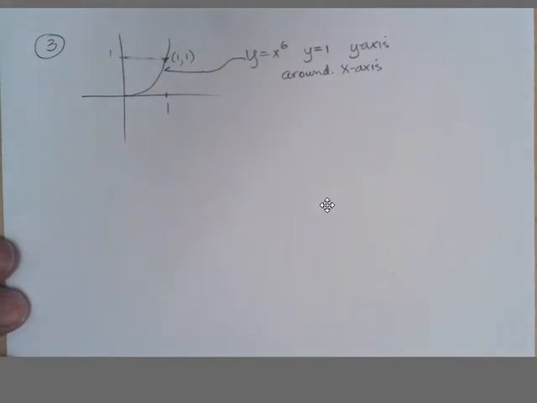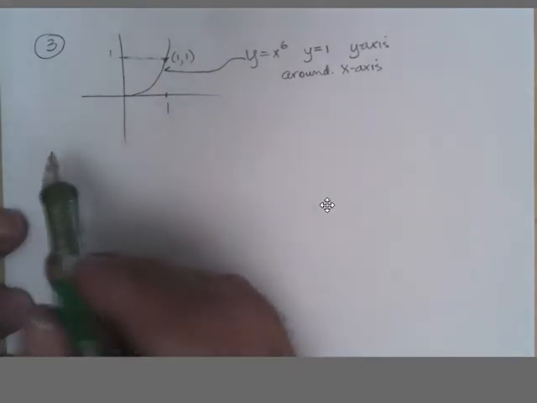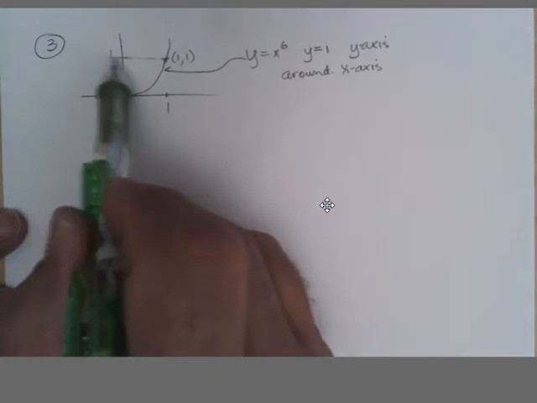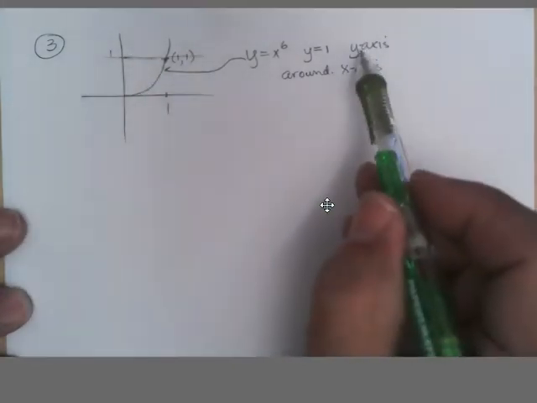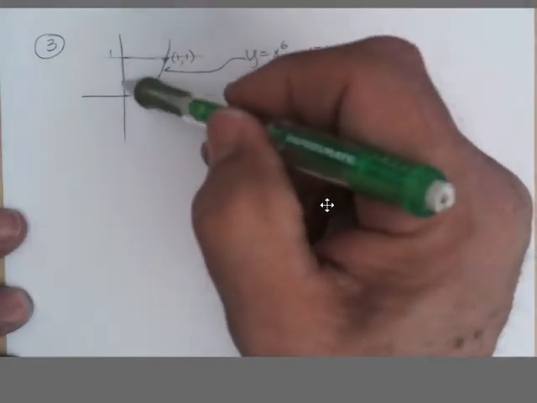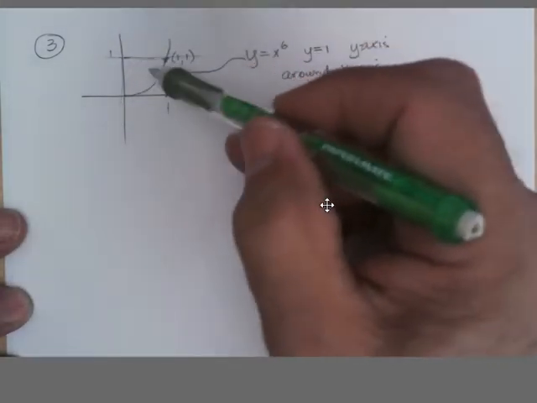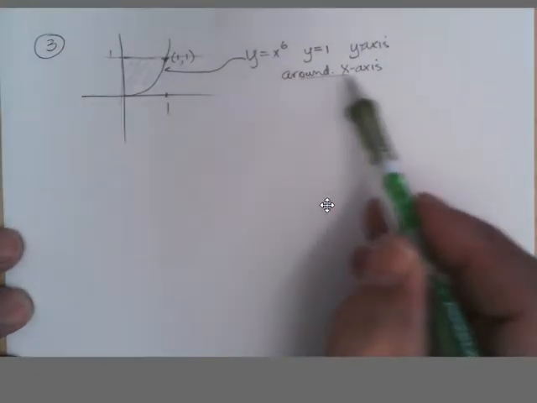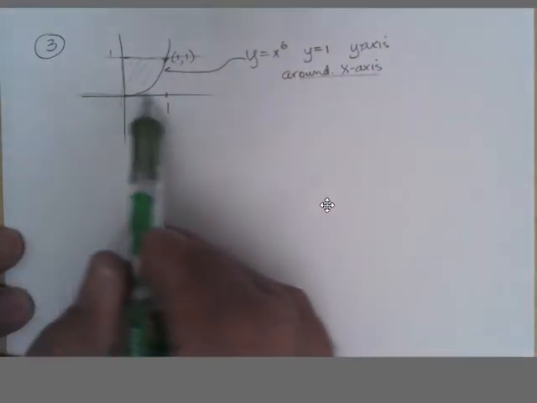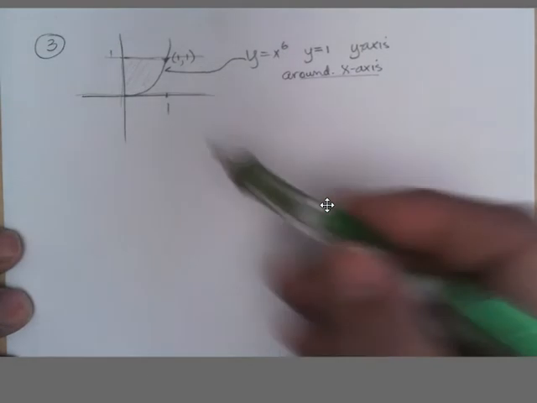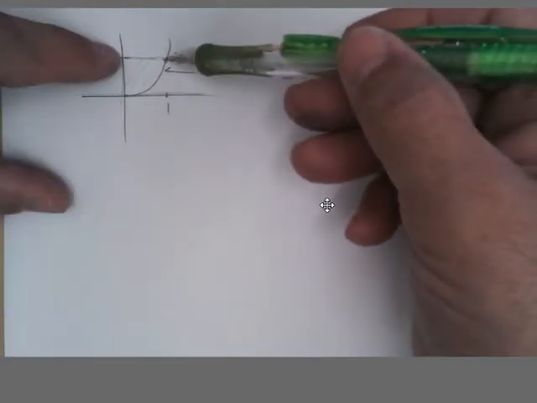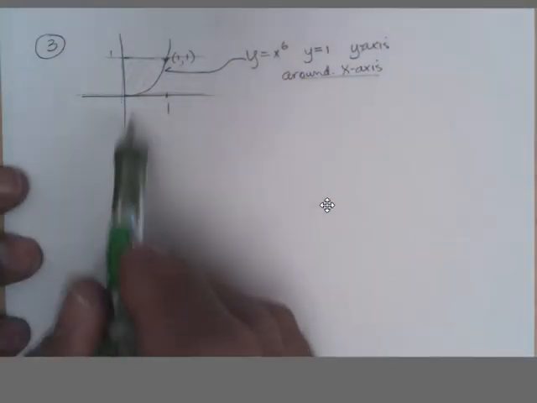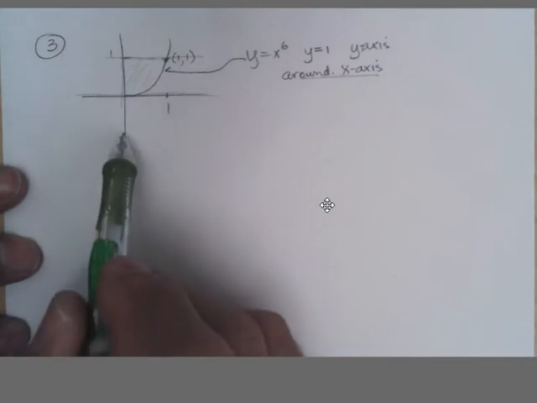Okay, continuing on 6-1, this is number 3. We again have y equals x to the 6th, y equals 1, the y-axis, so that bounds this region, and we're going to rotate it around the x-axis. This is my axis. So this would come down to -1, from 1 above the axis to 1 below the axis,